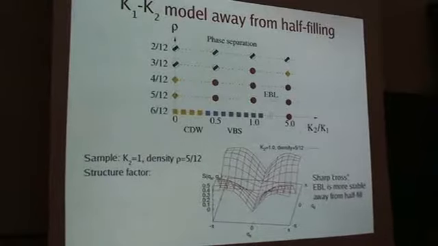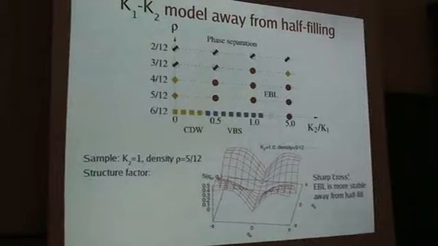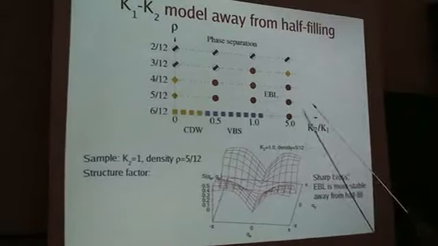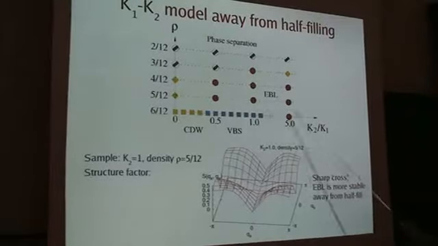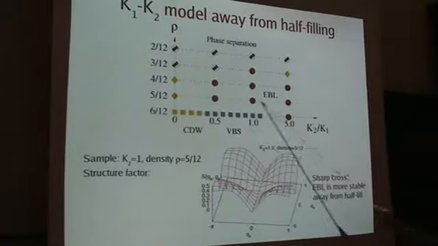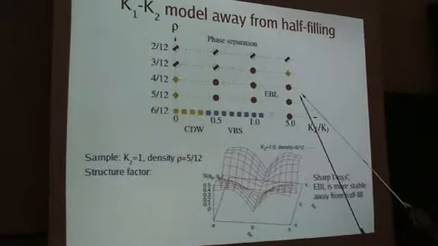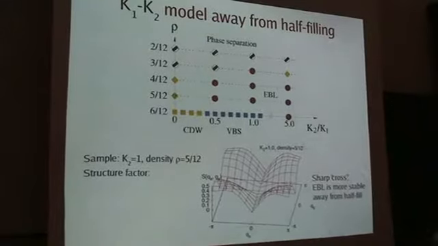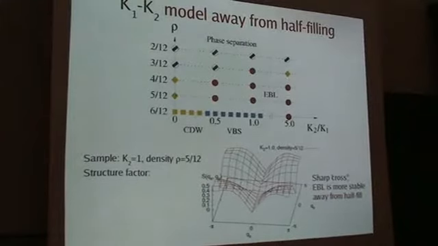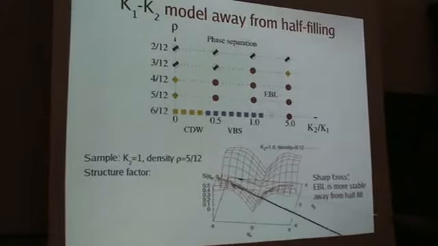Now we studied this model also away from half filling, and here we are much more confident that we realized this EBL phase already for much smaller values of K2, starting from around 0.5 and so on. We just do not see the bosons in some very uniform state with no features in any structure factors that we measured, other than this